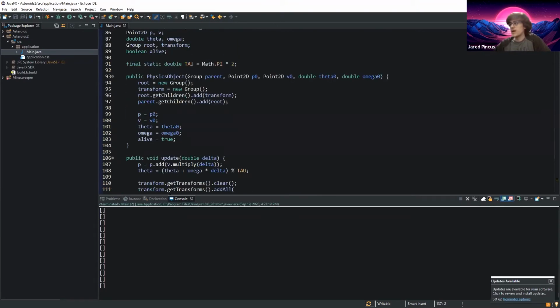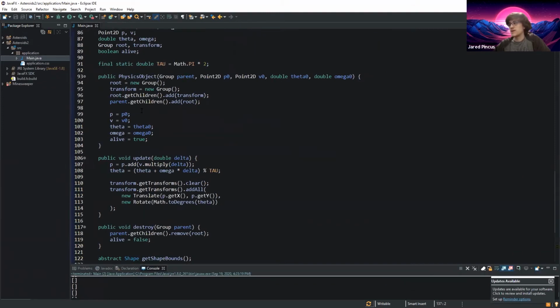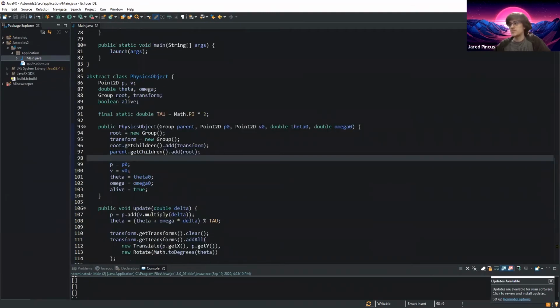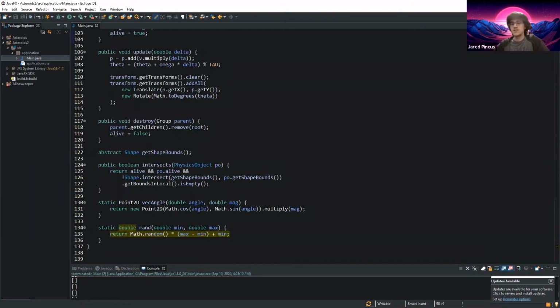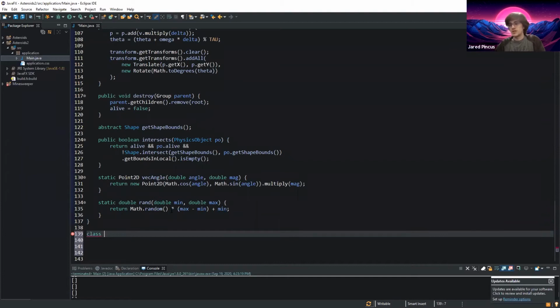Okay, so we have this physics object, which has all these various properties built in, but it's abstract. We need ways to implement it. So there's a couple things that we need for asteroids. We're going to start with the ship. By the way, obviously this class and this other class that I'm going to make now, you can implement in multiple files, but I'm just putting it all in one file. We're going to say public class Ship extends PhysicsObject,